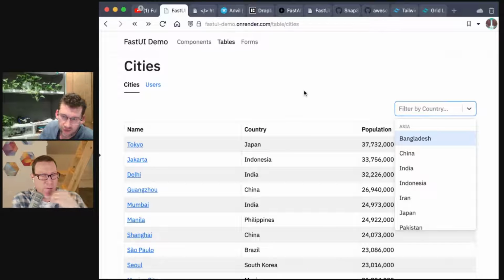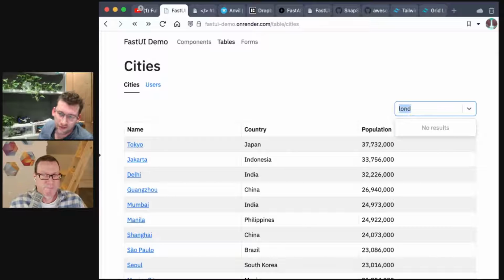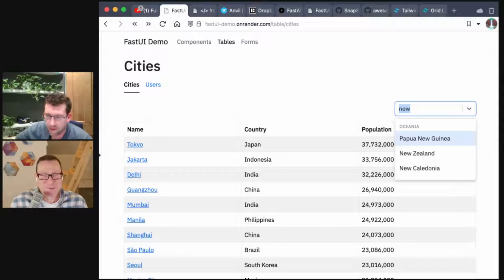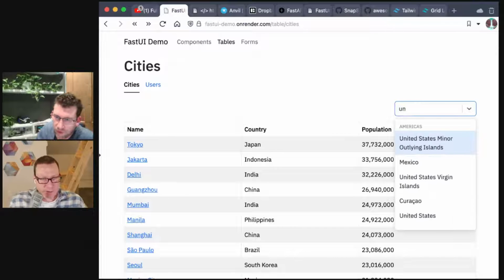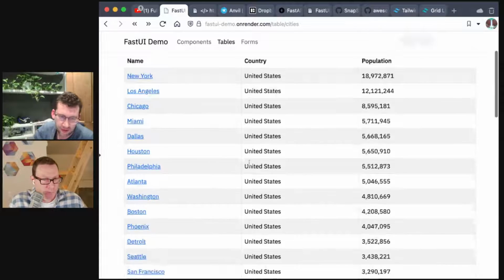And if we click here, if you start searching like UN or something, you'll see we're doing a server-side load. We're loading from the server the list of cities. So again, to go and implement this component from scratch, you'd have to use something clever. This is a list of countries. So if you type in UN, you'll get United Kingdom and United States. Yeah. Perfect. There you go. Right, and then we do United States or whatever. And then we'll get a bunch of cities in the United States.